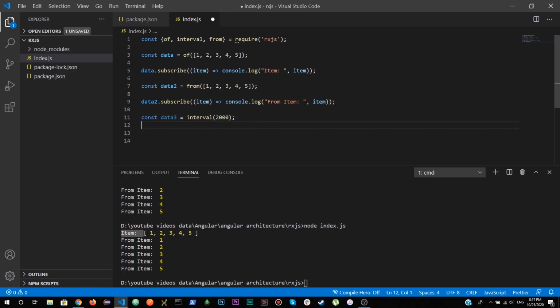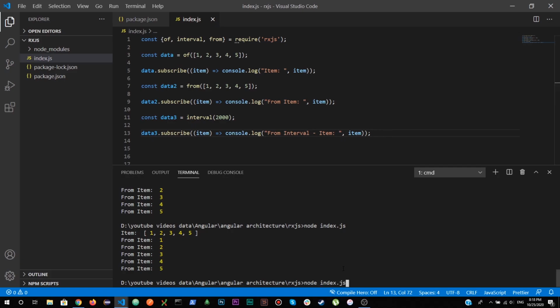What it's gonna do is keep on returning us values, not 1 2 3 4 5, and 2000 means after 2000 milliseconds. So it's gonna return us 2 4 6 8 10, right? So let me copy this one, paste it, data3 from interval item, right?